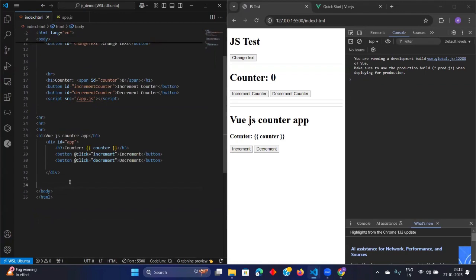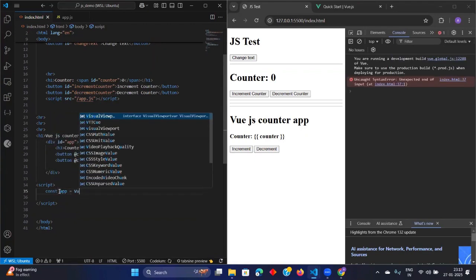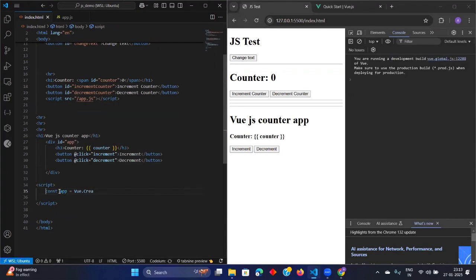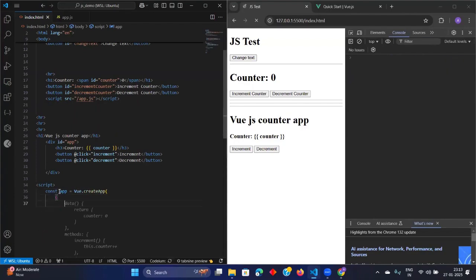I think we can also define it there. Okay. There is no issue in that, but it is not taking Vue. So let us define it. Const app equals Vue dot createApp, and then after this, braces, and then in this we define double quotes. And now what we do, right,